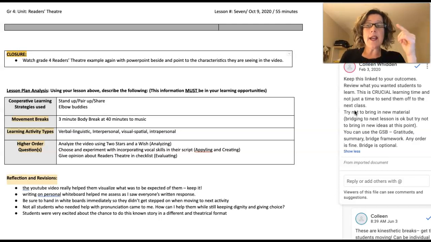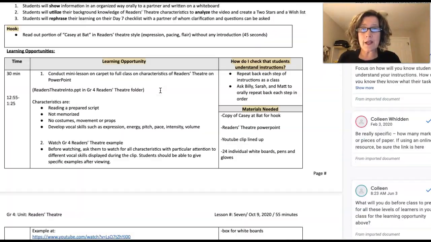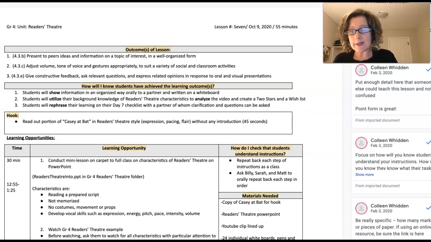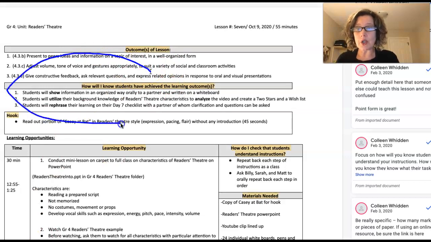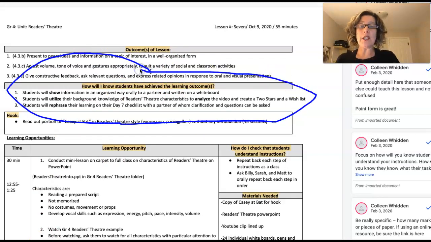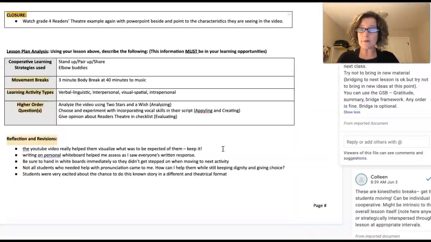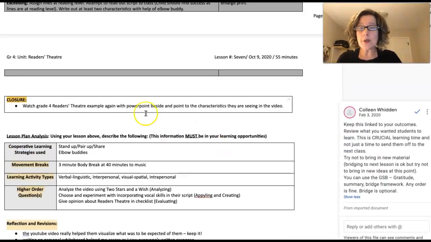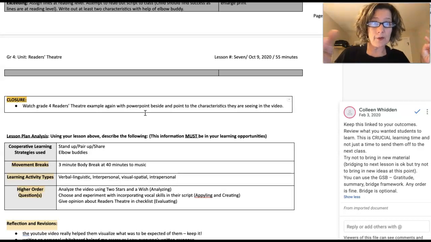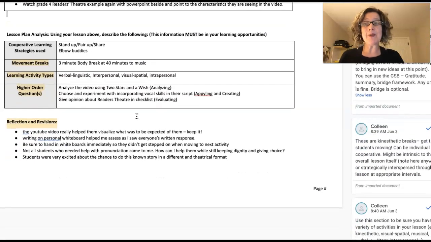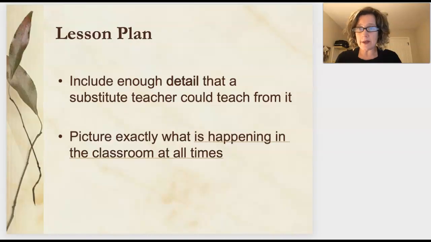So again, you want to think about how everything that you do in your lesson depends on your learning outcomes, which is why we want you to get this under control right now, because you will fight it all the time if you don't get it under control. Okay, so closure, again, it's not just see you kids. It's definitely okay, how can I review, and how can I figure out if they learned what I wanted them to learn? Okay, this is that lesson plan analysis that I was talking about